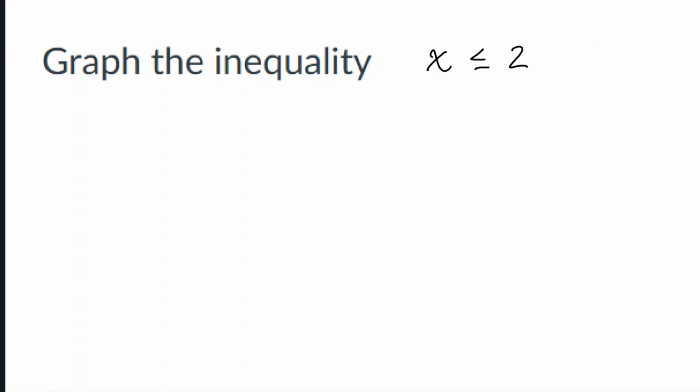The first step in identifying if we're graphing the inequality, I like to just look and make a note off to the side. This is a or equal to, so I'll use a solid line. It does involve just an x and a number. So we know that x graphs, those cross through the x-axis, they're vertical lines. They separate the coordinate plane into left and right of the line. So we know when this is x is less than or equal to 2,